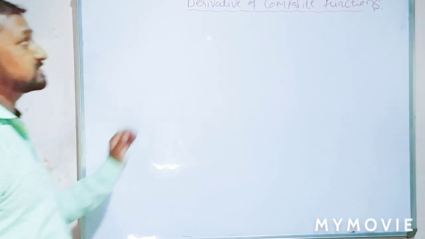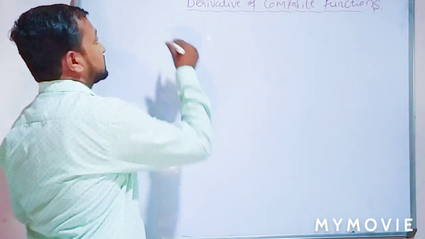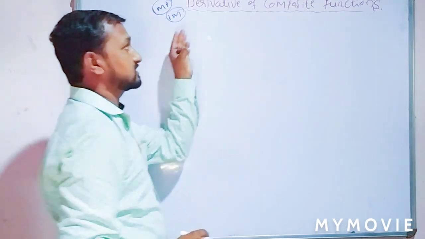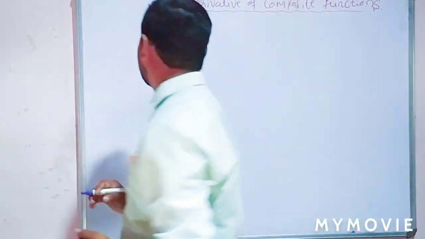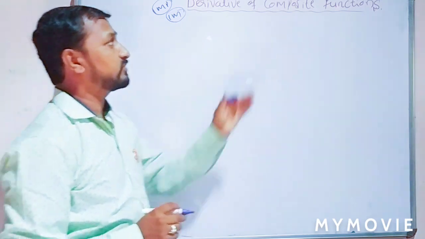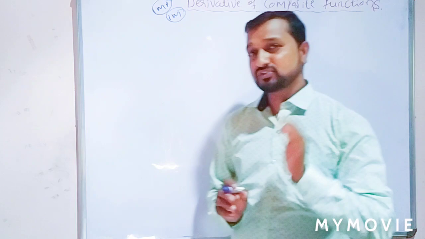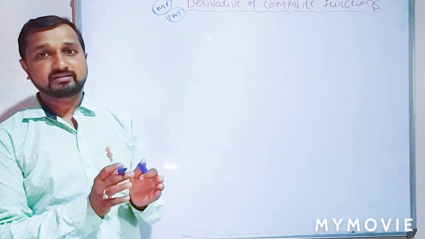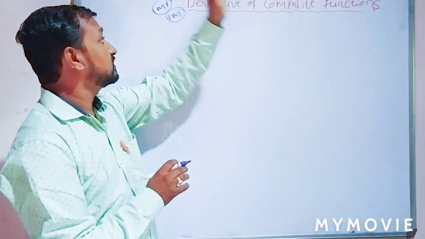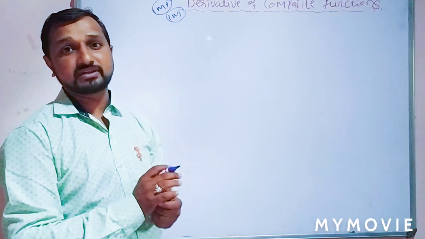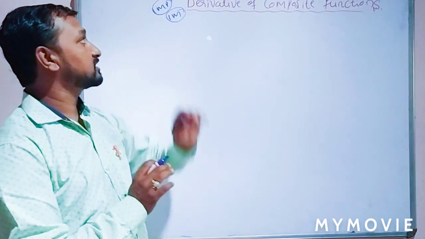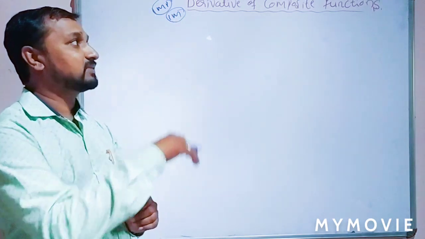Students, the next concept is the derivative of a composite function. This is a very important concept for the 1 mark question. So here a 1 mark question is there in this concept, that is the derivative of the composition of functions. So what is the derivative of a composite function? Already we studied that. What is a composite function? Two or more functions are combined. Combining two or more functions is said to be a composite function. So by using composite functions, we derive the derivative of some standard functions. First we will say some basic concepts about the derivative of composite functions. Then we will go for examples.